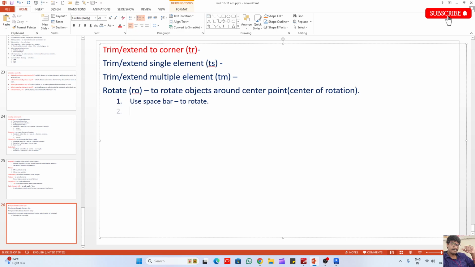But sir, I want to specify a particular base point. Then what we have to do is use the rotate command. There we have to specify the center of rotation. Around the center point the object will be rotated. Now we'll do some examples. Now see,